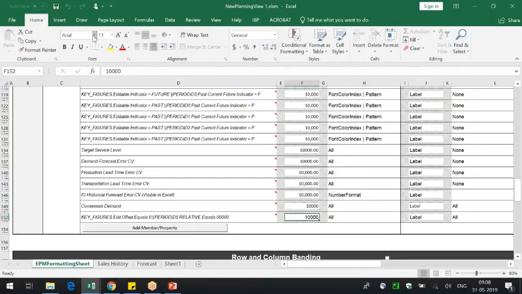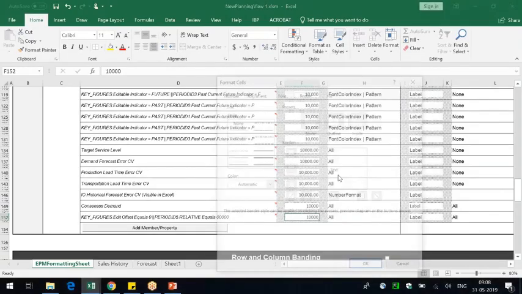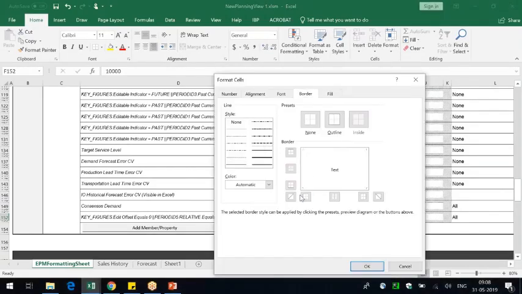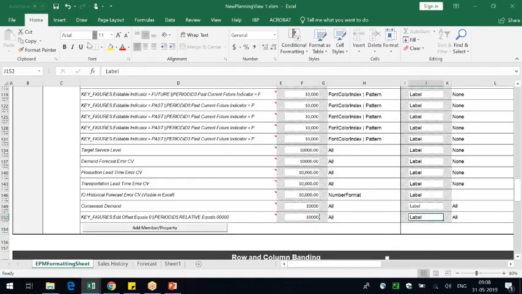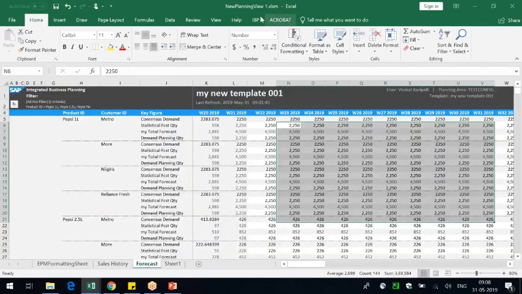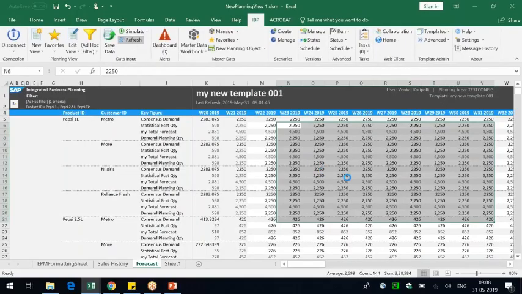let's see what happens. Go to the Calibri and say that this is Calibri, then right click, format cell. This is a border that I want, and I want it to be on the right hand side of the cell. So that's why I'll select this. You see it appears like this, dotted. Click on OK. Go to the label also, change the name to Calibri. Now come to forecast, IBP, refresh.